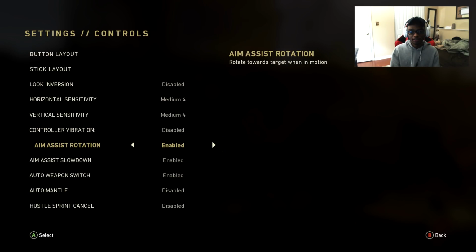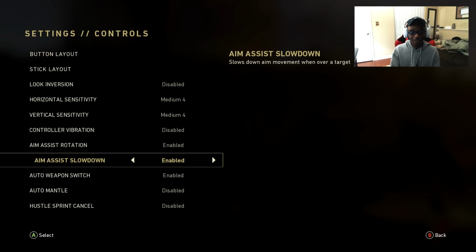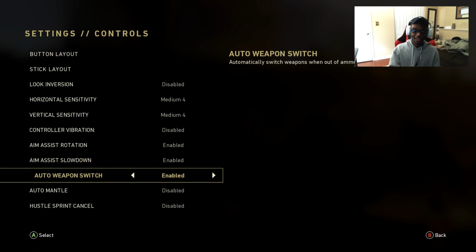Aim assist, obviously enable that. We're not on PC. Trust me. Enable the aim assist. Look, aim assist slowdown, enable that. Keep all the aim assist slowdowns on, because obviously on console, everybody has this enabled, and if you don't, you're going to get rocked. Auto weapon switch, keep that enabled. That's just pretty much when you run out of ammo in your primary weapon, which usually never happens,